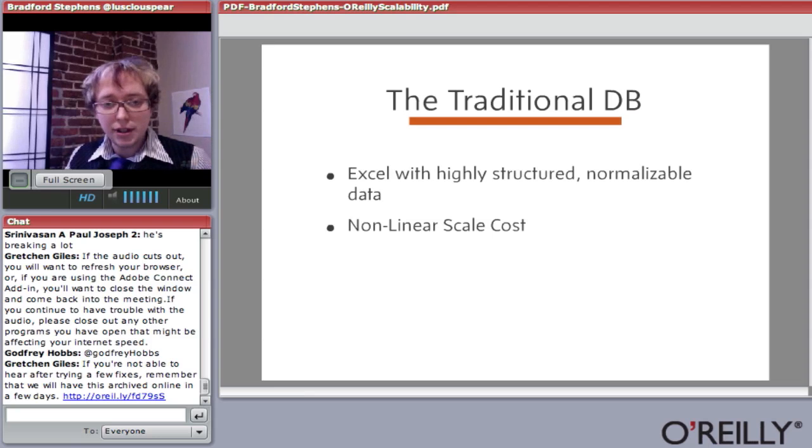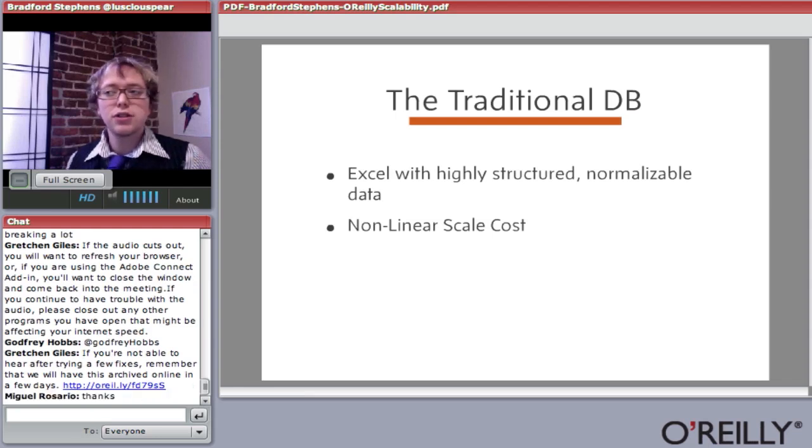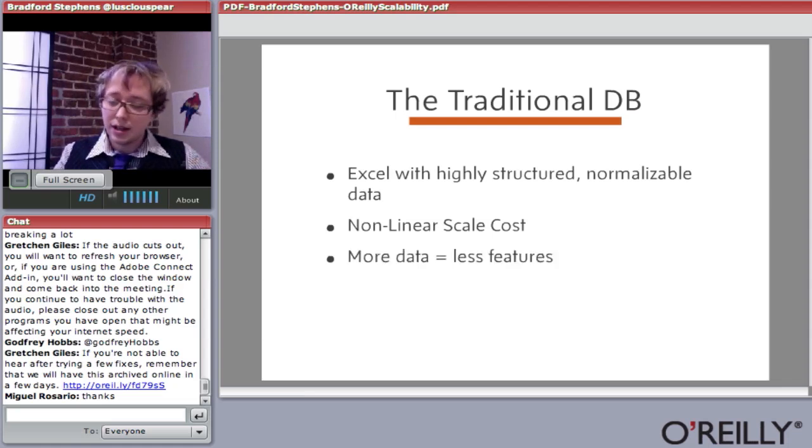structured entities from. But the problem is twice as much data in a database may cost you 4 times as much. Twice as much again may cost you 8 times as much in terms of hardware, people to handle it, and so on. Pretty soon, just to add more storage to your database, you can pay millions of dollars in hardware, license costs, things like that. So if you want your business to grow with your data, traditional databases can be really difficult to do that. Not always, but often.